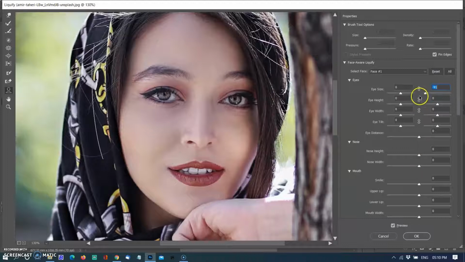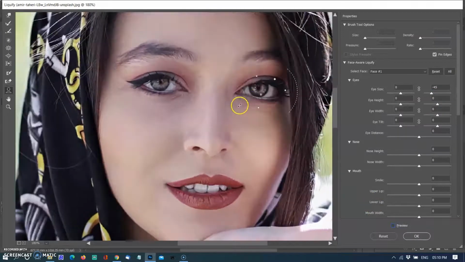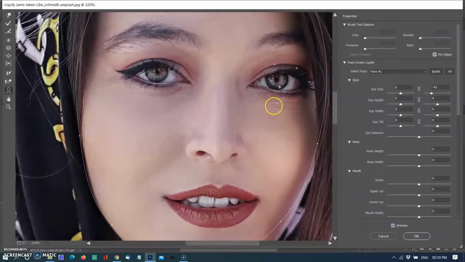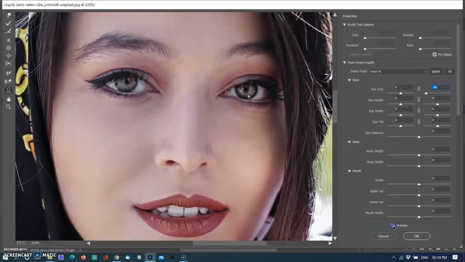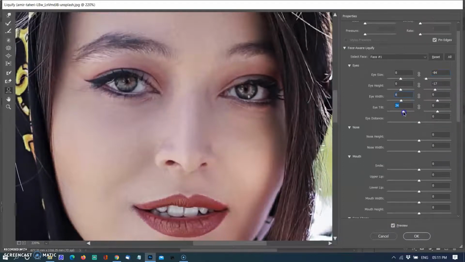In this picture you can see the left eye appears bigger than the right. When I link the sliders, both sides are affected. When I reduce the right side of the slider, which in reality represents the left eye, only the left side is reduced. It brings a very small difference, but this small difference makes a big difference. You can also change the height and width of the eyes. Another option is that you can tilt the eyes. Also you can increase or decrease the distance between the eyes.